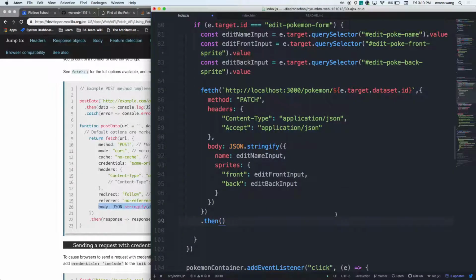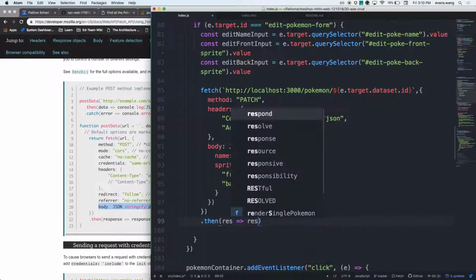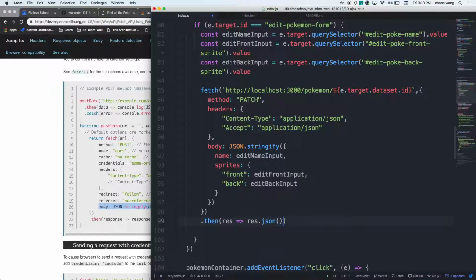So, what's the first thing I want to check in there? All right, I'm getting some sort of response. All right, little arrow function. Are you cool with that? I can just parse the JSON there. If I write an arrow function on one line without curly brackets, it'll implicitly return. We'll get more into arrow functions later. Is anyone confused as to what I just wrote and what it's doing? Thumbs up? All right. For those that don't,